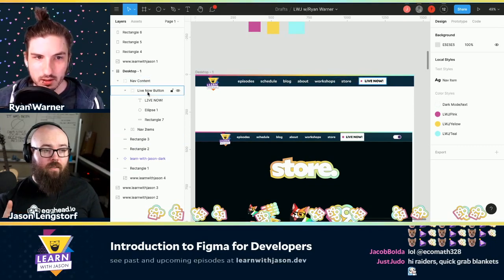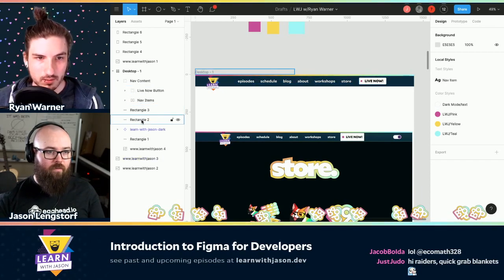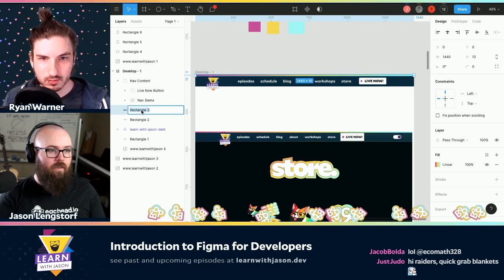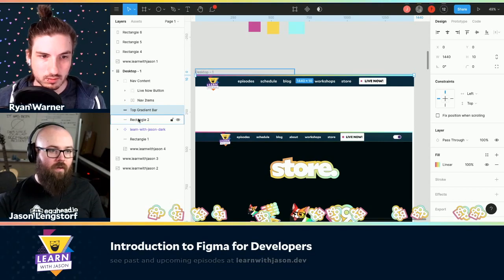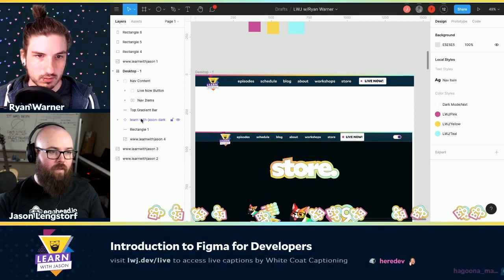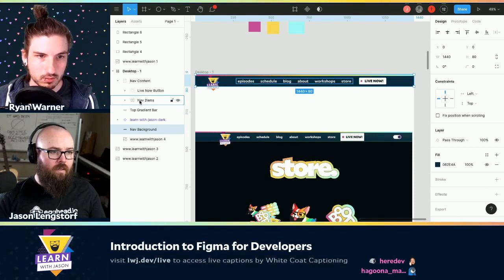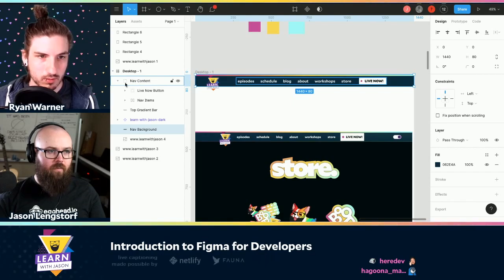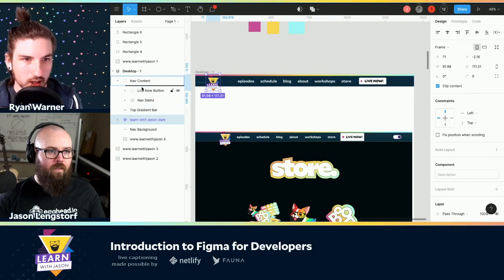Okay, so I made a couple messes here. I did some grouping. So we've got a few things going on. We've got our, let me label these, top gradient. We have our, oh, that must be the one that I was trying to draw when I broke everything. So let's get rid of that. Then we've got our nav background. And then, so I've already grouped this. Should I get rid of this group if we're gonna do, where's my logo? Here's my logo. We can keep it for now.